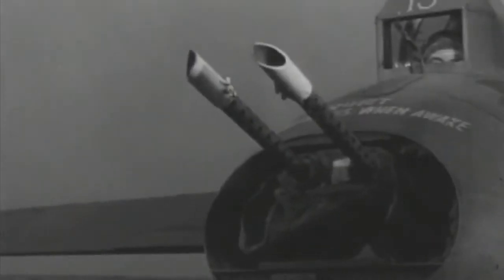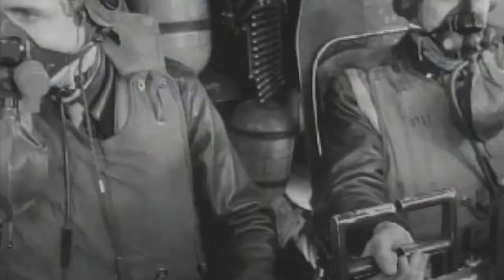Self-defense armament consisted of 10 .50 caliber M2 machine guns spread across the various turrets and waist positions to provide all-around defense. Bomb load was impressive, but highly dependent upon the desired range. Short missions could carry as much as 8,000 pounds, 3.6 tons, but longer missions could only carry around 5,000 pounds,